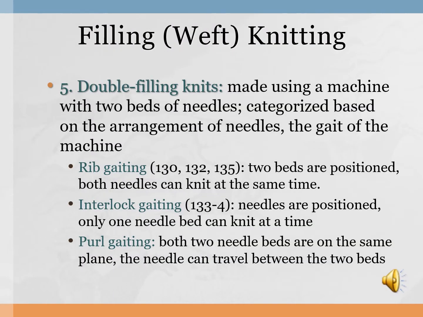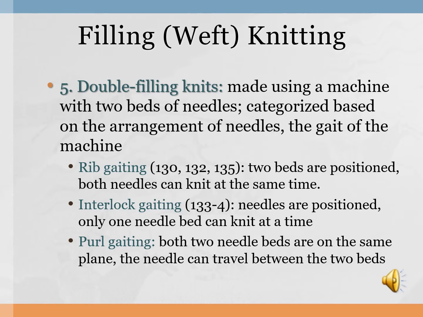Finally, we have double filling knits as the final type of filling or weft knitting. And these are created with a machine that uses two beds of needles. So there's different types of double filling knits, and it's categorized based on the arrangement of needles and the gait of the machine. So just to get a little more in-depth here, but not too crazy,